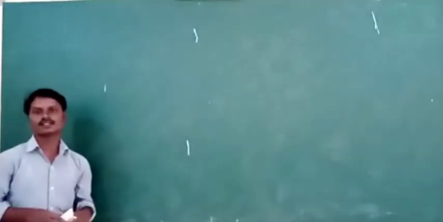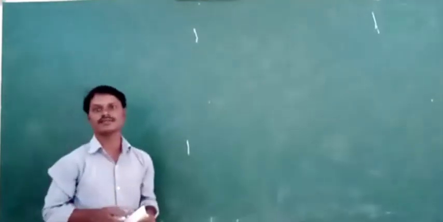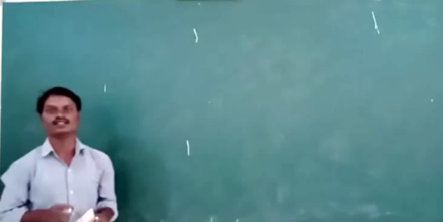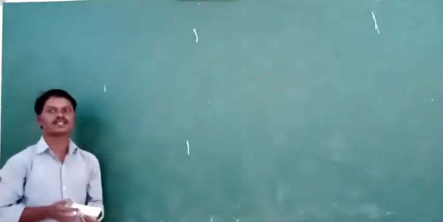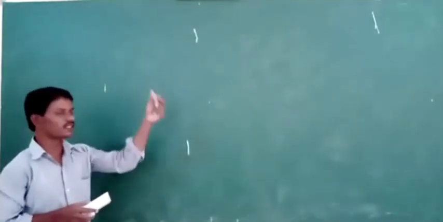Now we are going to discuss the thin lens formula. Before that, we have to know what we mean by thin lens. It is a lens whose thickness is very small, that is called a thin lens. Already we know what the mirror formula is. Mirror formula is 1/f = 1/v + 1/u. But what about the lens formula? Let us derive that one.